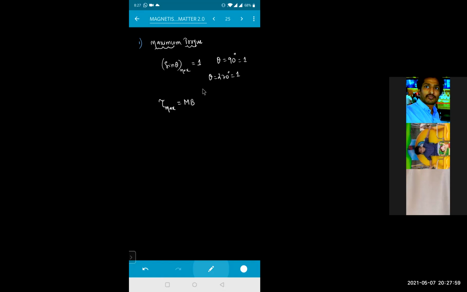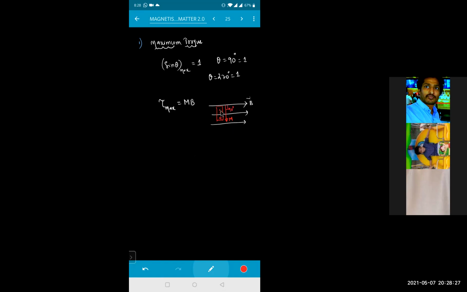See, this is a magnetic field like this. This is magnetic field, that means B bar. If I keep a bar magnet like this, direction of the magnetic moment is from where? South to north. So magnetic moment will be in this direction, M bar. Now angle between these two is how much? 90 degrees or not?